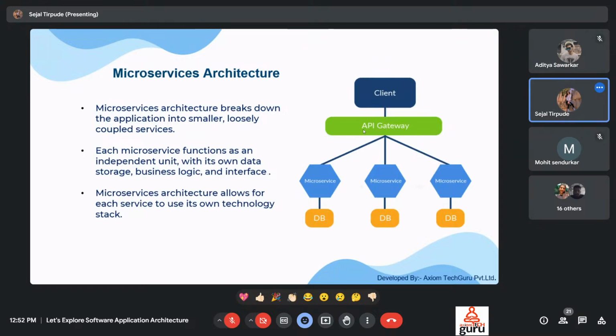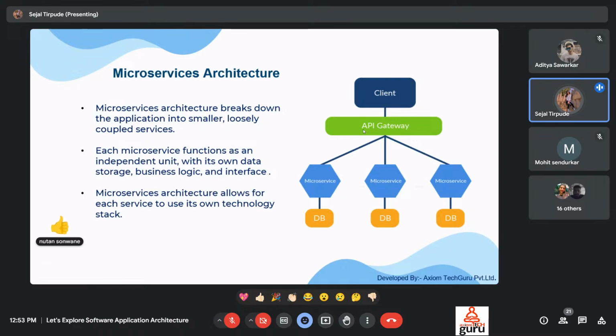an e-commerce application decomposed into separate services for user authentication, product catalog, order processing, payment handling, and recommendation engine. Each service can be developed, deployed, and scaled independently, allowing greater agility and scalability. Services can be developed, deployed, and scaled independently of one another, allowing teams to work autonomously. Microservices